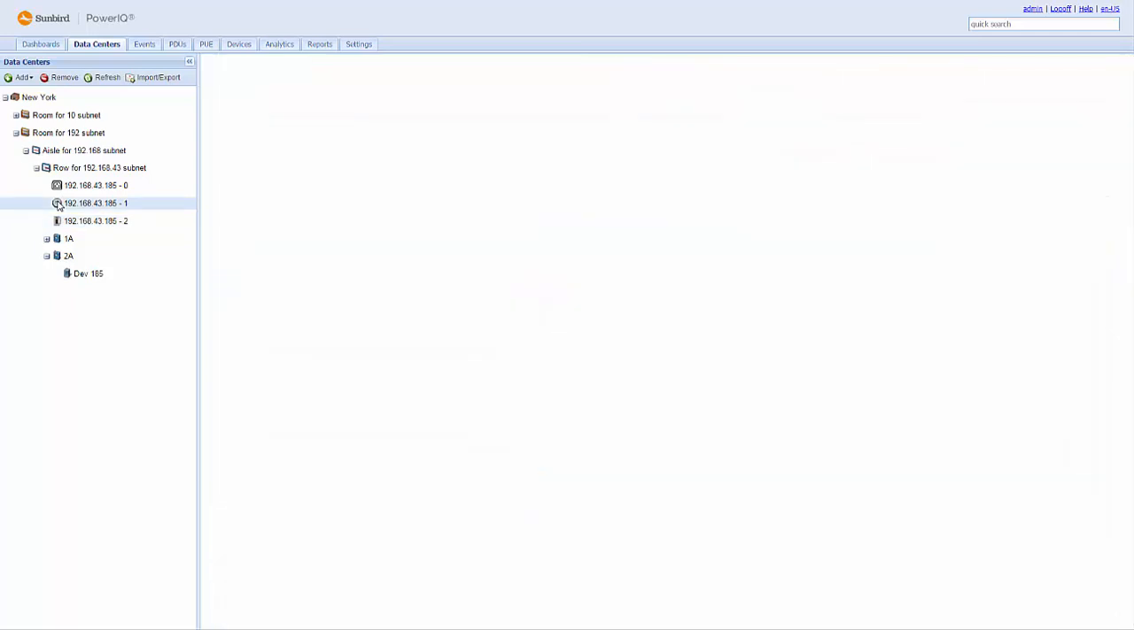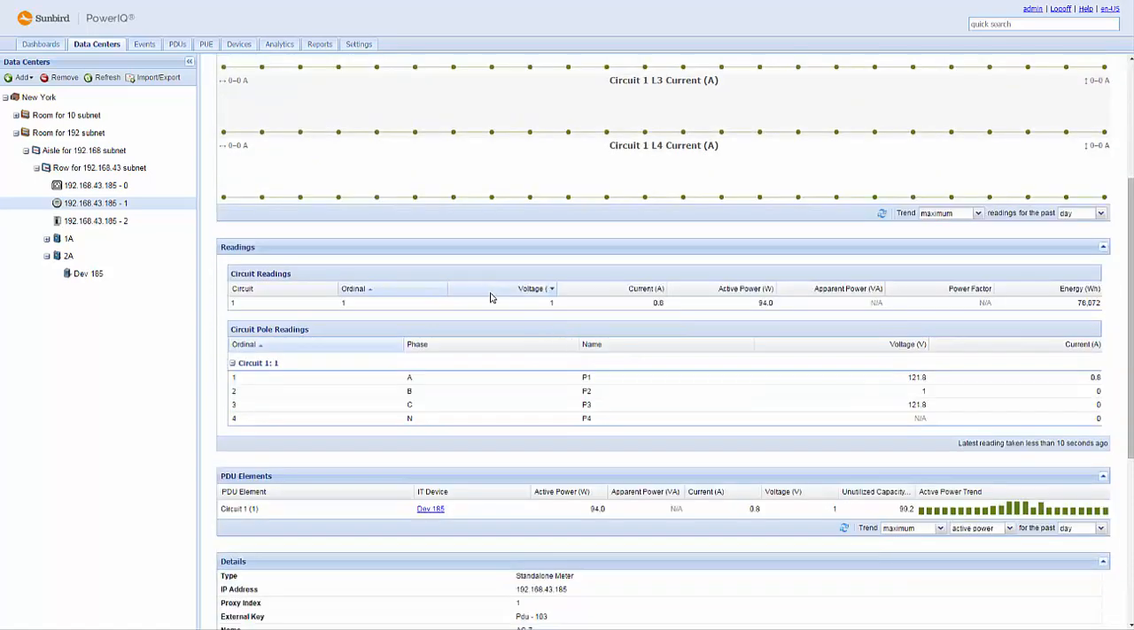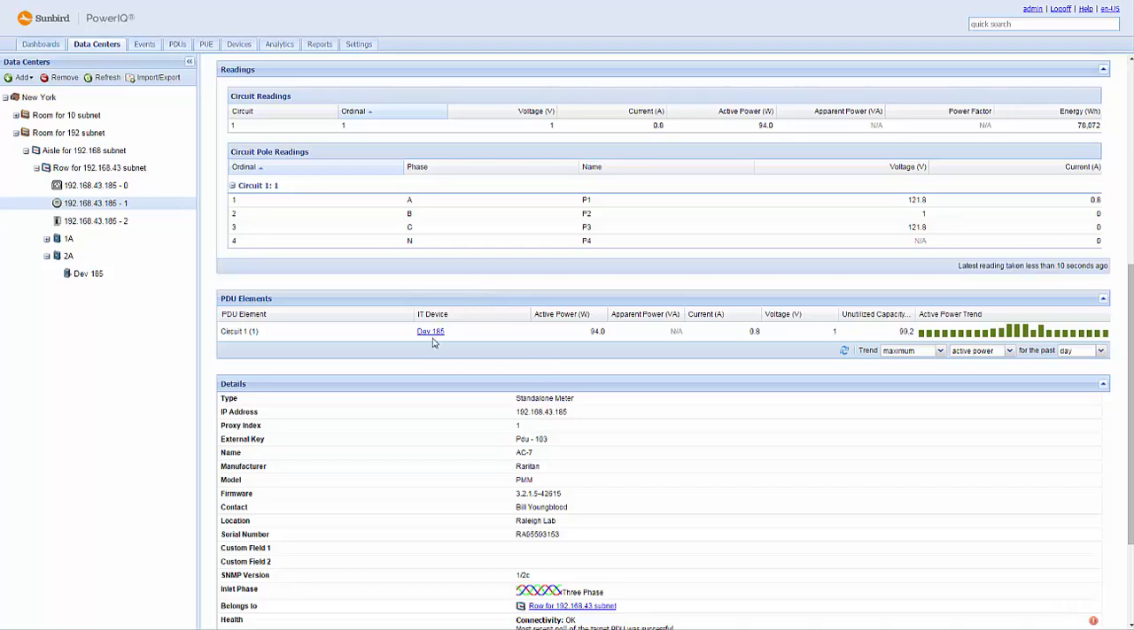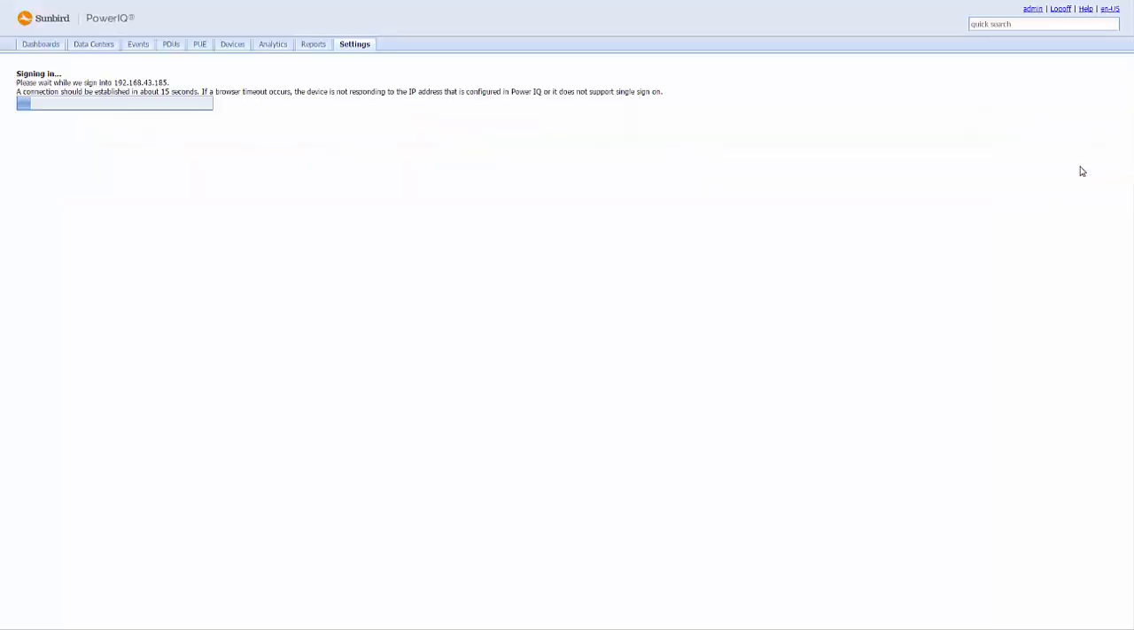You have the same type of information for a standalone meter. The quick chart for the active power, the three-phase circuits, the inlets, the device connected to the meter, the trend chart. You have the ability to single sign on to individual panels or meters. So in this case, if I want to single sign on,